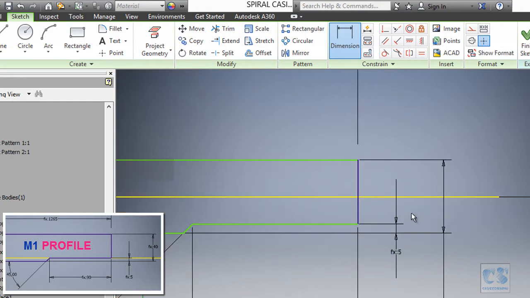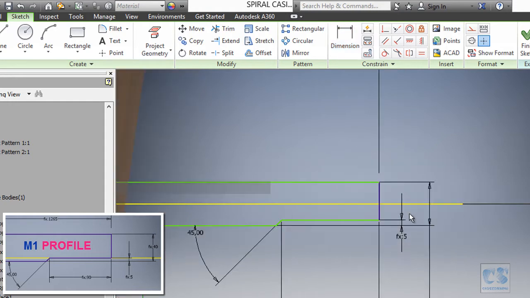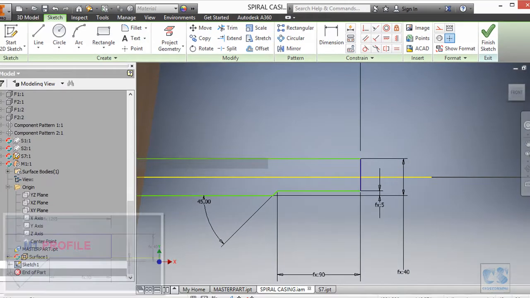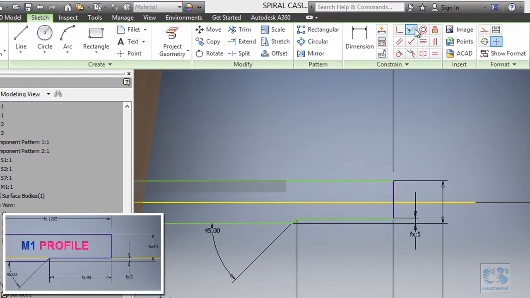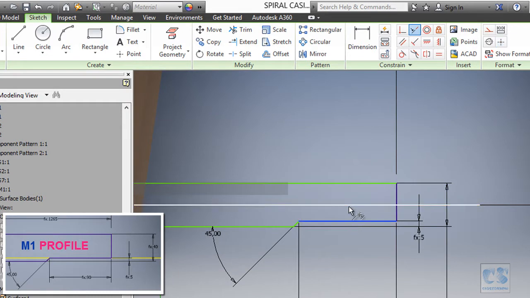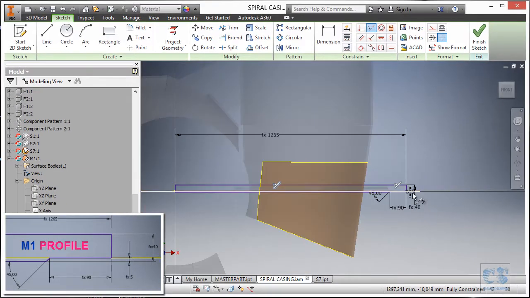All we need to do now is connect this to the center axis, so that this edge is coincident to the x-axis. So this collinear constraint, this to this, and now we have the mounting plate profile fully defined.